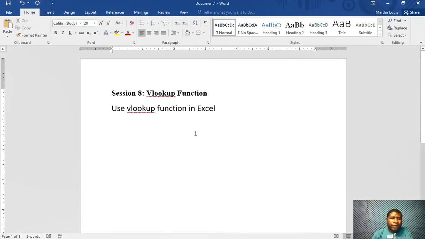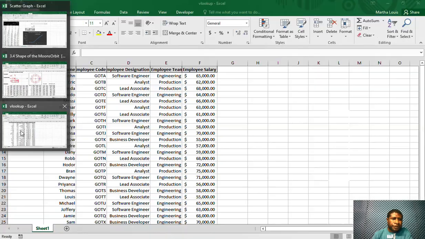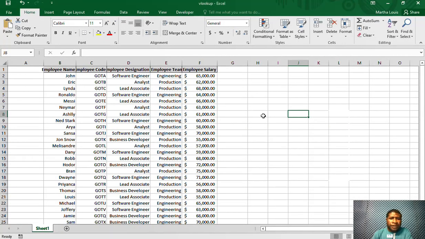In this video, I'm going to show you how to use the VLOOKUP function in Excel. Now you will be able to find this Excel file under Session 8. Now I want you to click inside cell J3 and type